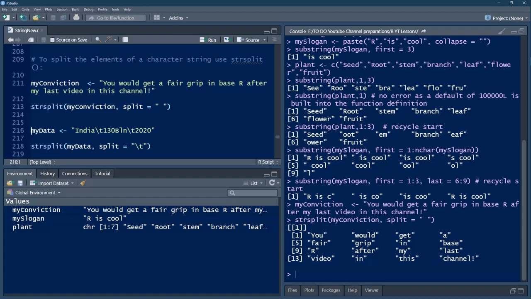Then how will you remove this? We can use unlist, or we can use double square bracket to retrieve the content. We'll see that in a moment. Now we'll see my data. Here I have given a string with escape character and T, that is tab character. So this data is tab separated information.